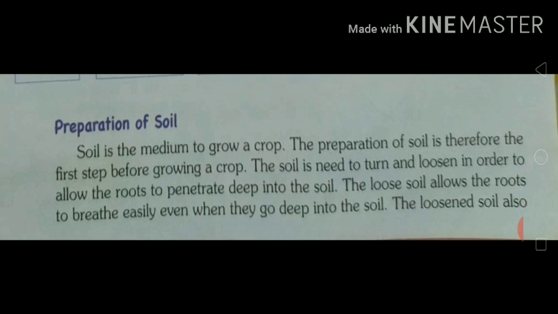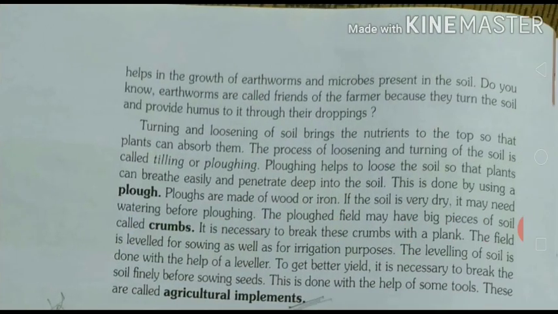Loosening and turning of soil is done by plowing. The loosening of soil by plowing is beneficial because of the following reasons. The first reason is the loose soil allows the plant roots to penetrate freely and deeper into the soil